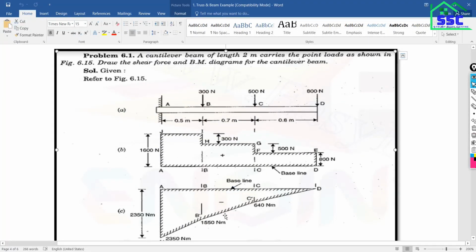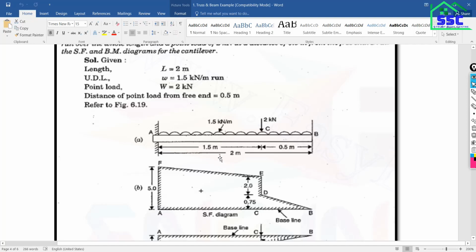So this is all about how to model the beam, how to assign the loads in different ways, then how to see the shear forces in the beams, and how to see the bending moment. That's all about this practice, this exercise. Then we have to model this type of beam next.